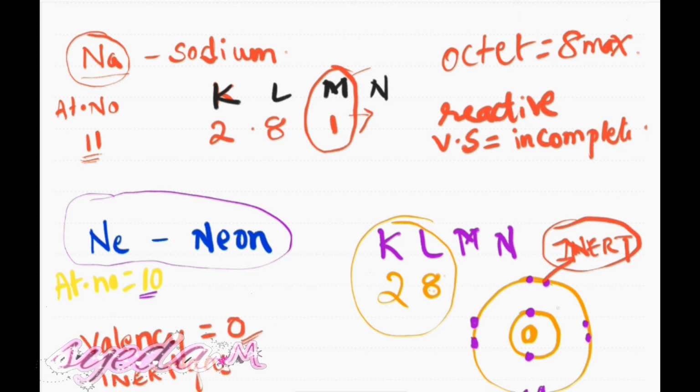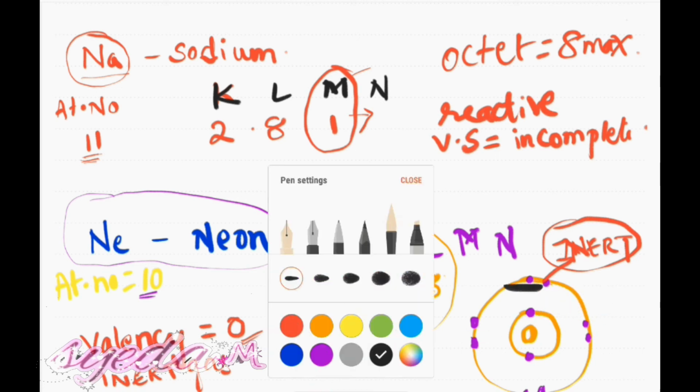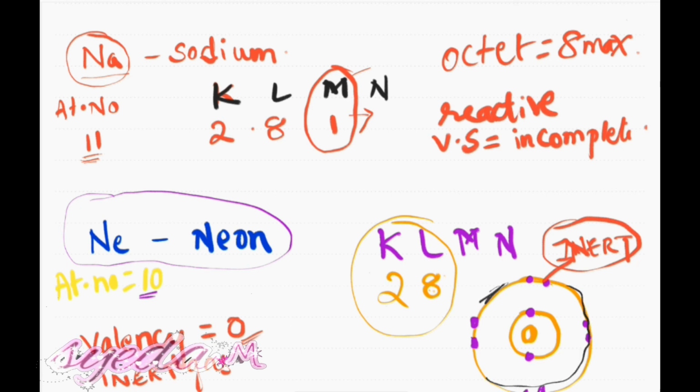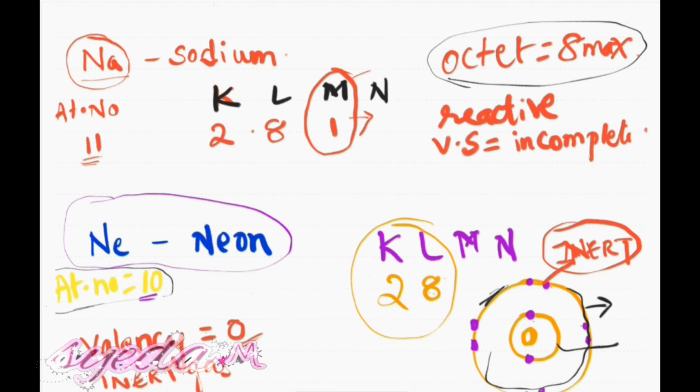Why is it 0? Because this is the outermost shell, and it is completely filled. What is the requirement? It should have an octet, 8 electrons. So this neon has 8: 1, 2, 3, 4, 5, 6, 7, 8. The first shell is also full because the capacity is 2 and it has 2. The last shell is also full. All the other elements are going to follow this. If their atomic number is nearing 10, they are going to follow this noble gas as the standard.